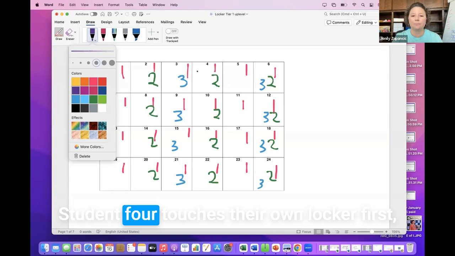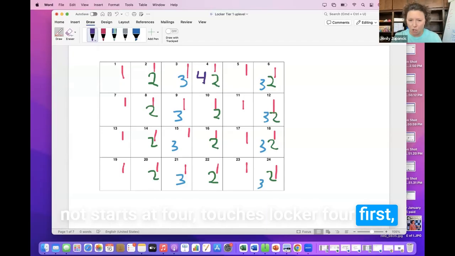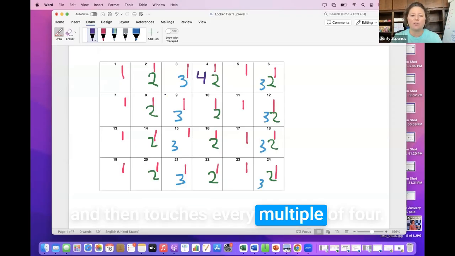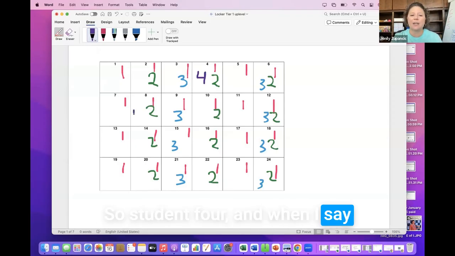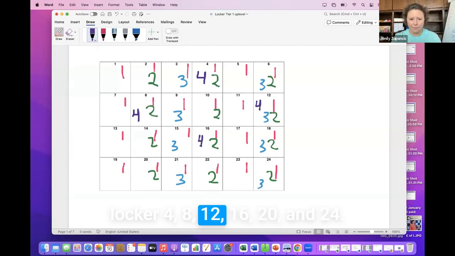Okay, student 4 touches their own locker first, not starts at 4, touches locker 4 first, and then touches every multiple of 4. So student 4, and when I say touches, I mean changes the state. If it's open, it's closed. So student 4 changes locker 4, 8, 12, 16,